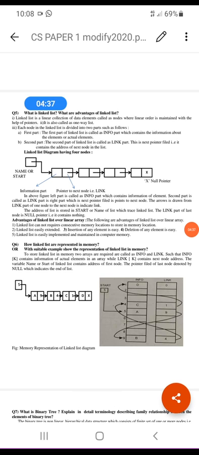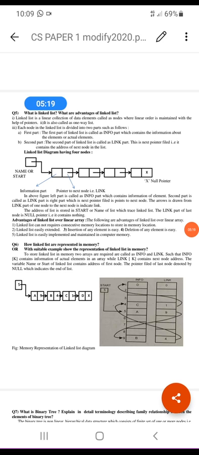A question of 3 marks is asked in the exam: what is a linked list and what are the advantages of a linked list, or how to represent a linked list in memory. So a linked list is a linear collection of data elements which consist of 2 parts. One is called information and the other is called pointer. Every node consists of two things, the information part which is the actual data and the other is the link to the next node. When we do not have consecutive memory locations to store the data, we use such a method. We create pointers at every node and store the address of the next node using the pointer.